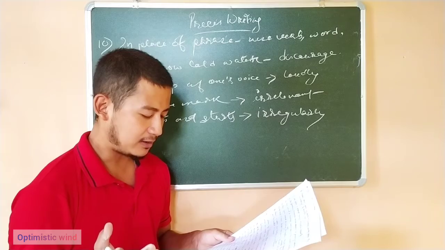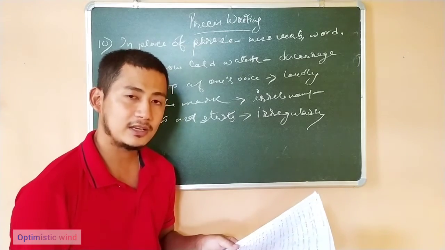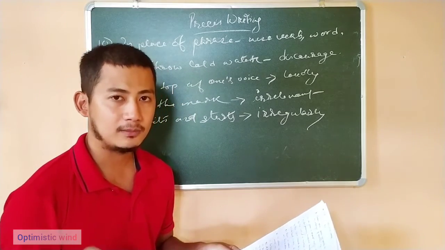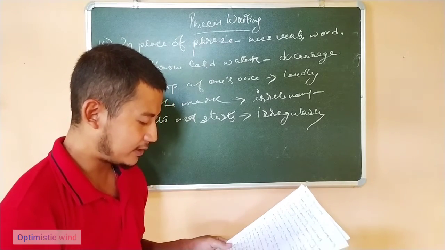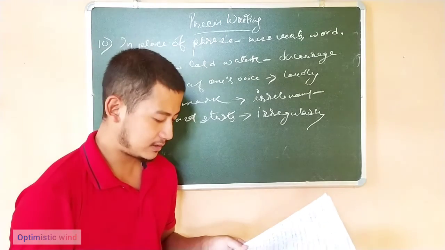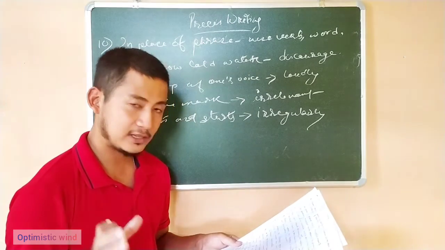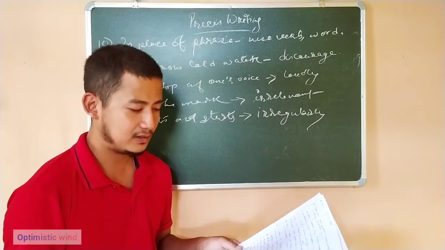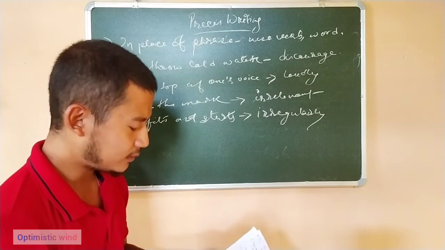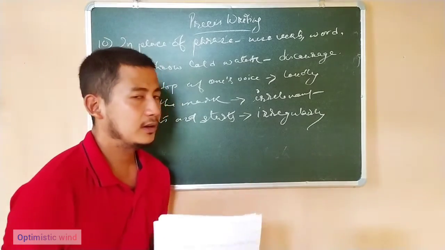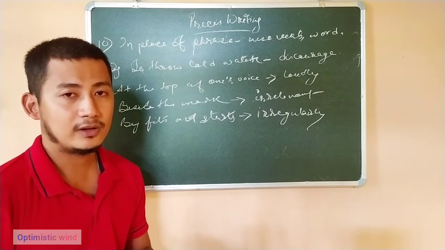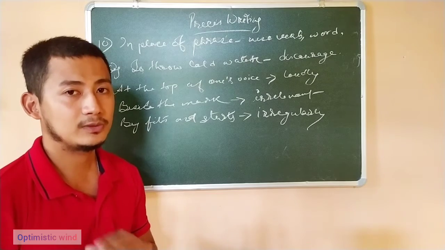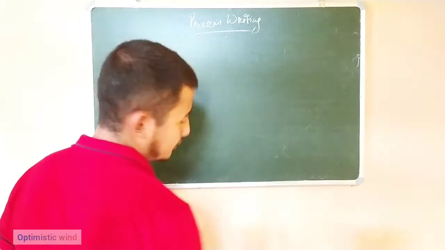And beyond the power of nature, instead of this we can say supernatural. Through and through, it can be said as completely. And why and wherefore, it can be said as reason. And with respect to, instead of this we can say about. Made up one's mind, we can say decided. So like this. In a nutshell, it means that the more knowledge you have about one word substitutes and phrases, the better you will rock in the exam. So the number 11 thing is that